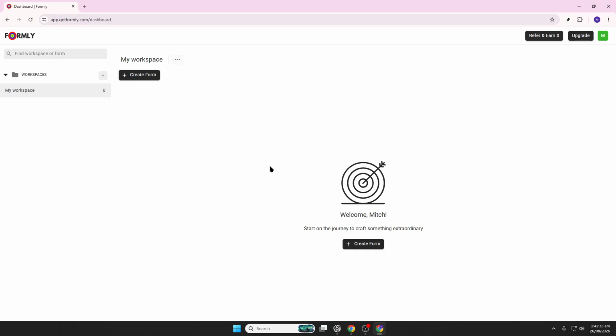Take a moment here to get familiar with the dashboard layout. You'll usually see the main navigation areas along with the sections you'll use to create, view, or manage your forms. If you're new to the platform, this is a good time to slowly look around so you understand where everything